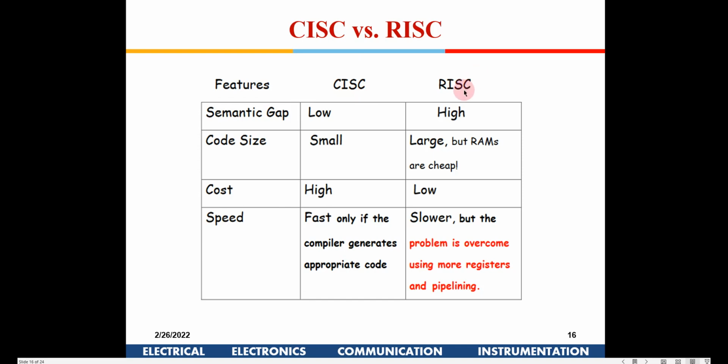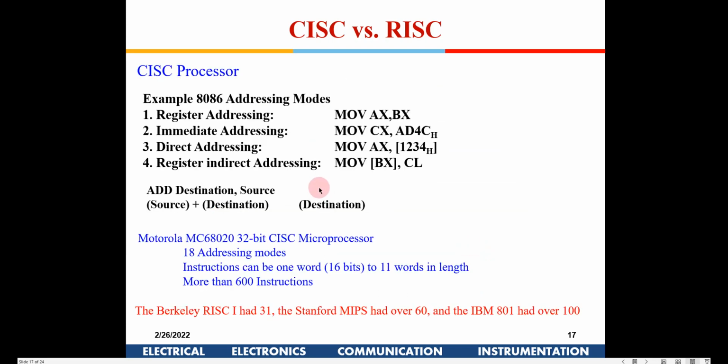So in our mobiles and smart watches and things like that, we generally have a RISC processor, whereas in our CPUs and laptops you have the CISC processors, because CPUs and laptops do high-end computation, so you can have a complex set of instructions. Whereas here the application itself is limited, so we can use a pipelined RISC architecture. Now let's